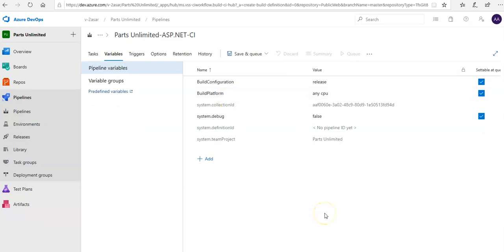here we can configure any special parameters to be used during the build, such as the configuration or the platform. So build configuration I can use, and I can add it. If I want to add anything, I can add it. If I want to delete anything, I can delete from here. And if you see the triggers tab,